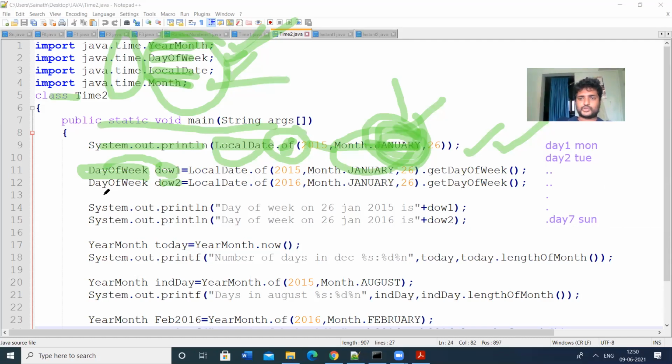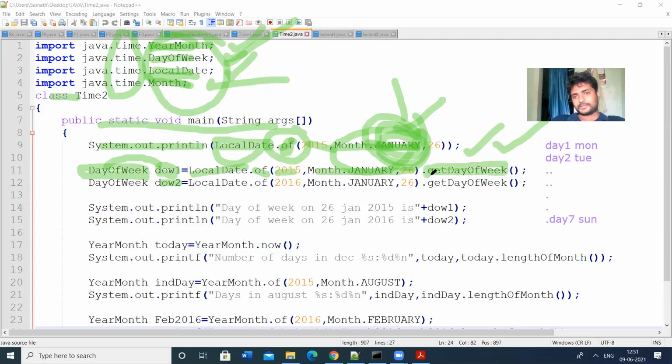Either Monday or Tuesday or Sunday. That can be possible by using this DayOfWeek class. There are some methods in the DayOfWeek class. Let us see this one. LocalDate.of(2015, January 26).getDayOfWeek.